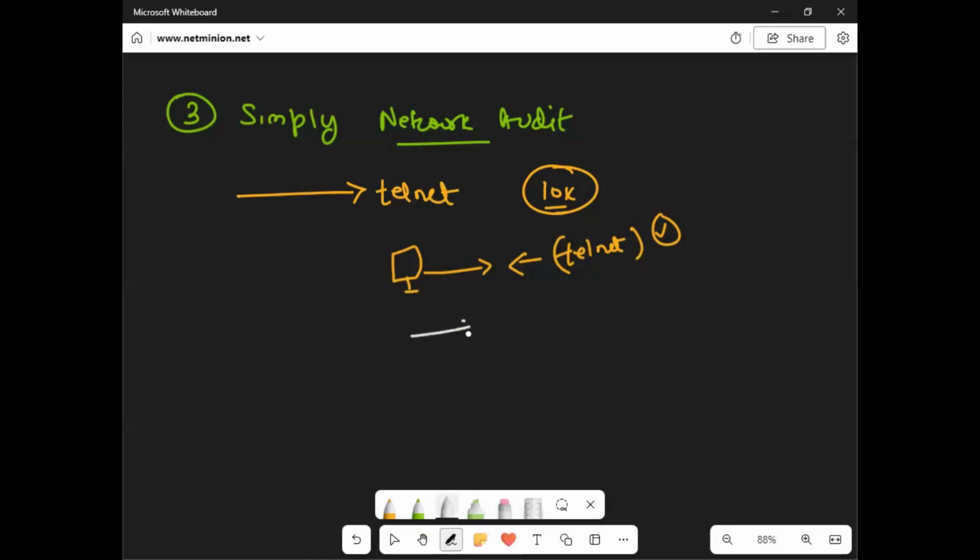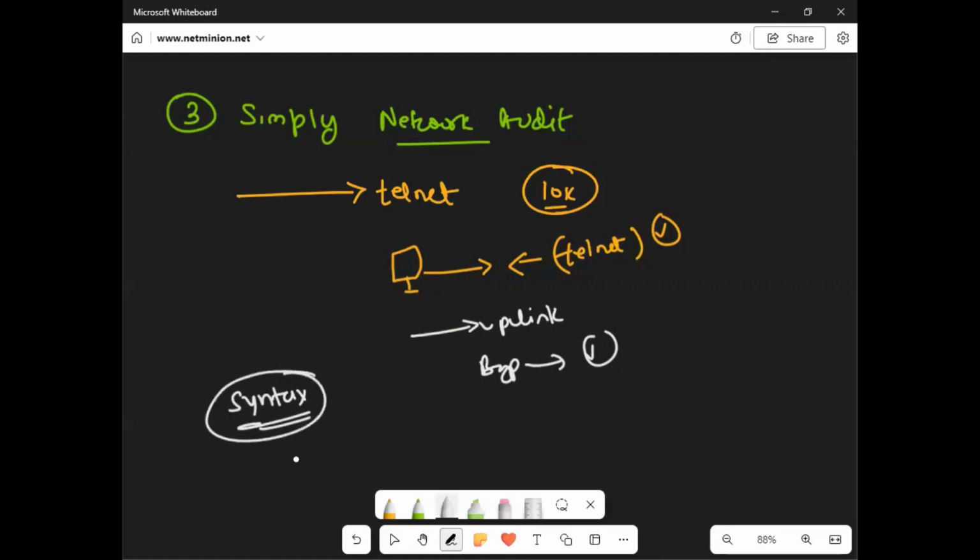Similarly, if you wanted to check the uplinks information, or check whether the BGP neighborship is up or not, that is the kind of data collection I mean. Or if you're doing some kind of upgrade, even an upgrade you can do using a Python script. So a network engineer no longer needs to learn different syntax for different devices. Once you are okay with your Python script, the Python library will do it for you. How? You will understand that in some time when I go on to the practical things.